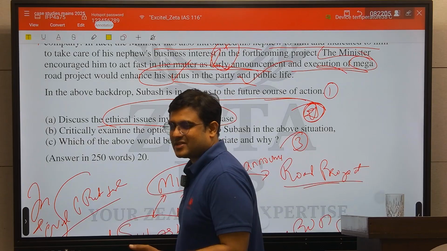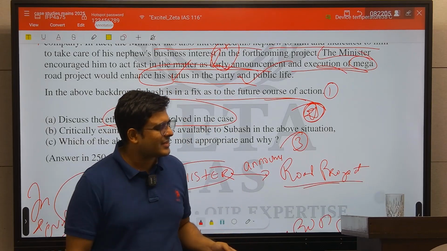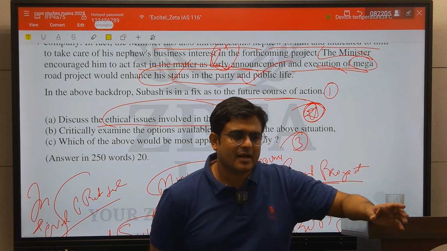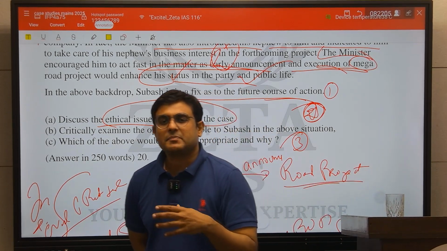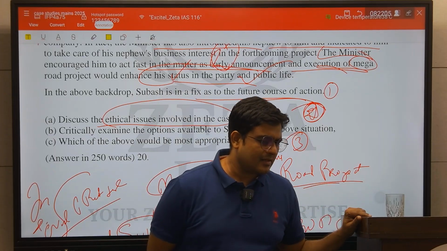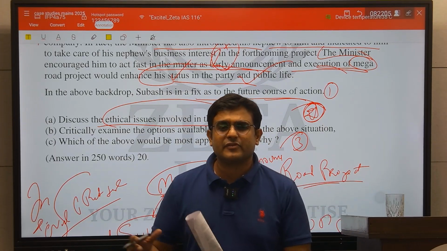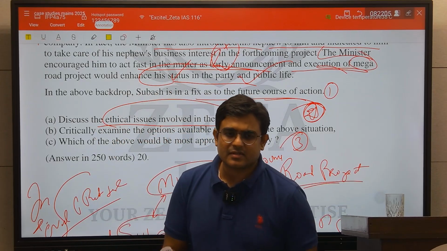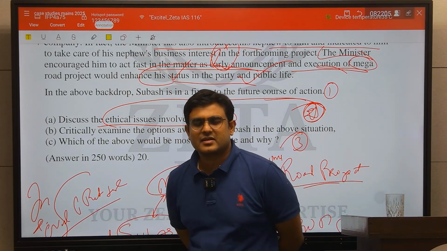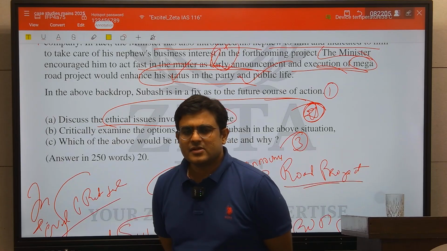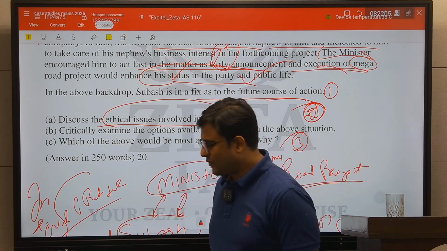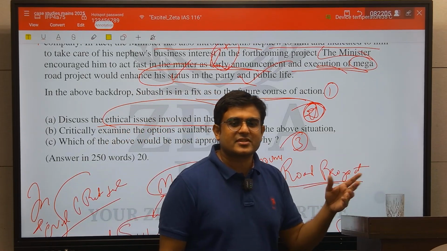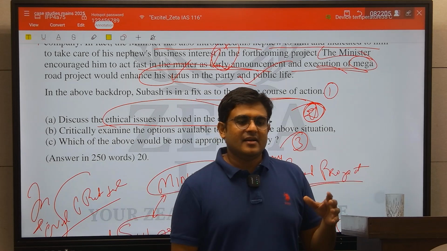Third is, yes, question probity in governance, etc. You can write: this tests Subhash's probity in governance, whether making an early announcement will integrate public interest with the interest of other stakeholders, whether it will hamper the stakeholders, hamper the public interest, and put a larger loss to the public exchequer, benefiting few people. Also you can relate how it may put a strain on Subhash's personal life. The son is constantly pleading,